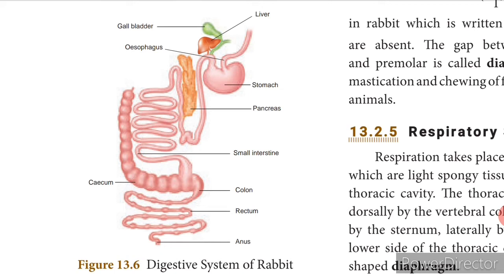The mouth consists of salivary glands, isn't it? And the stomach consists of the gastric glands, liver, pancreas, intestinal glands are present, and all these secretions of the digestive glands help the digestion of the cellulose in the alimentary canal. Next we'll see the dentition in rabbit, because teeth play a very important role in the digestion of the cellulose, especially in the herbivorous animals.